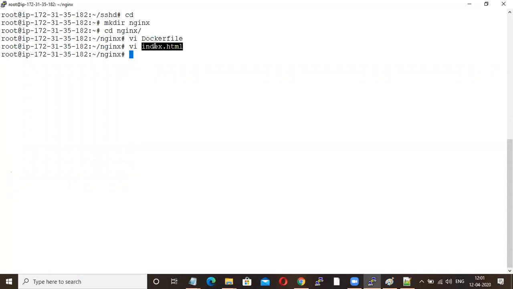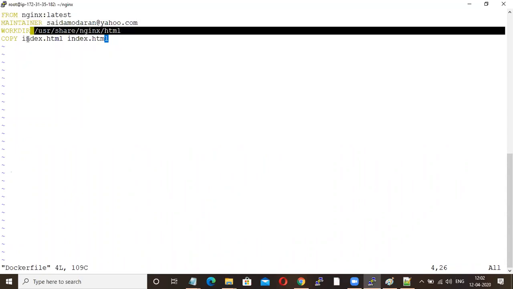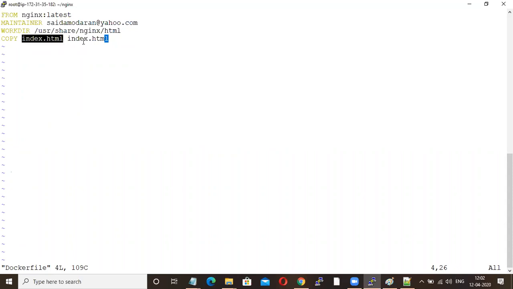Now I'm just creating an index.html file in my local path. So now if you go and check here: from latest version, maintainer, go to this path, copy the index.html file as index.html in this path.